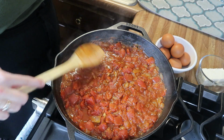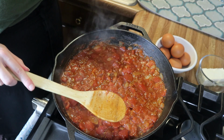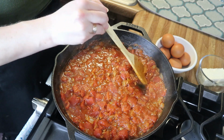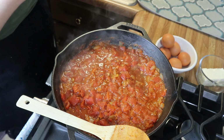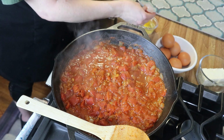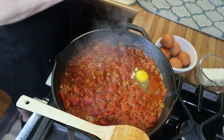Okay, so this has been cooking for about 10 minutes and it's thickened up very nicely. I don't want it to be too thick because it's going to continue to cook when I add the eggs. So all I'm going to do is make a little bit of a well into my mixture here, and I am going to just crack open an egg. I'm going to do it in this little bowl here just in case I get a bad egg. I don't want to add it to my shakshuka. So I'm just going to add that in there